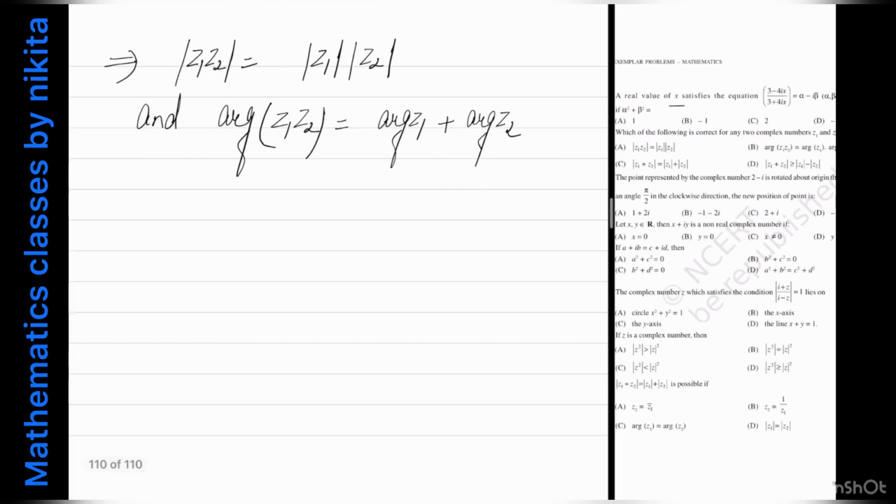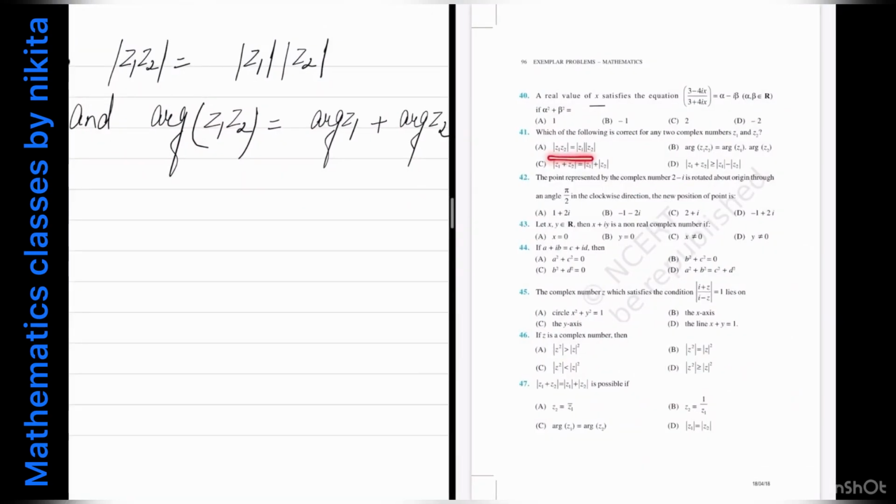Now let's see the options. So A option says this and this is true, ठीक है, and B says that argument of z1 z2 is equal to argument of z1 into argument of z2, which is false. So therefore the correct answer is A part. So A part is correct, ठीक है. और बाकी बात रही C और D की, then you can also show that they are not true in general, ठीक है. Under certain conditions they may be true, but in general they are not true. For any two complex numbers z1 z2, C and D are not true. Okay. Now let's see the next question.